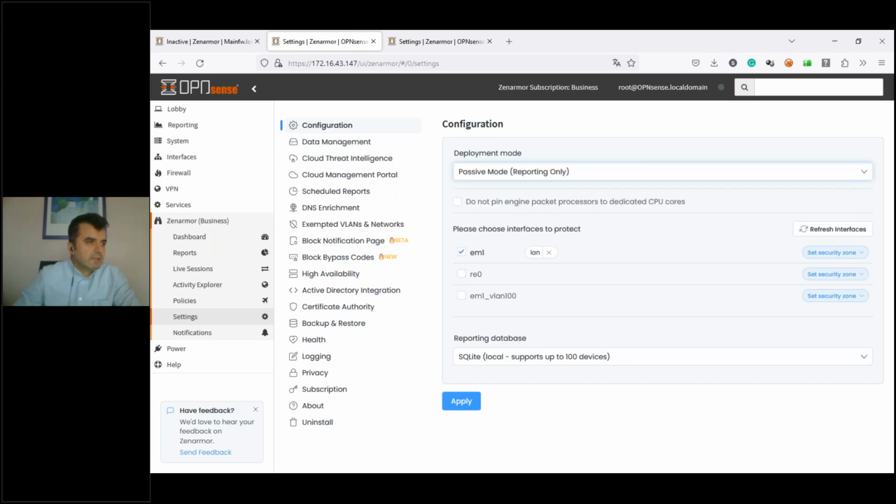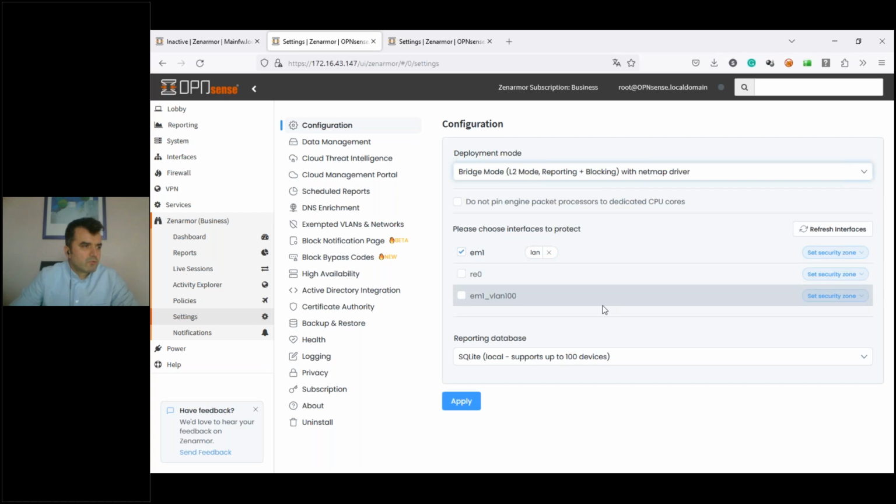And the other option is passive mode. In passive mode, Zenarmor uses PCAP technology instead of Netmap. This lets customers who have an interface unsupported by Netmap use Zenarmor's benefits and reports, so you can use passive mode. But in passive mode, Zenarmor cannot inject anything into the packets, it just gets a copy of the network packets and shows it as reports.